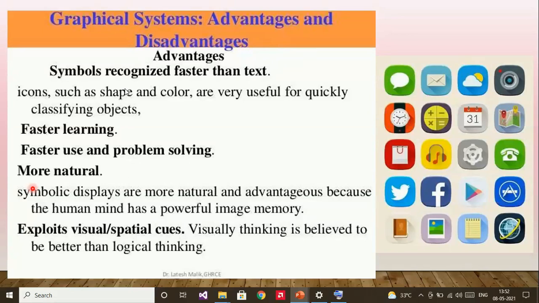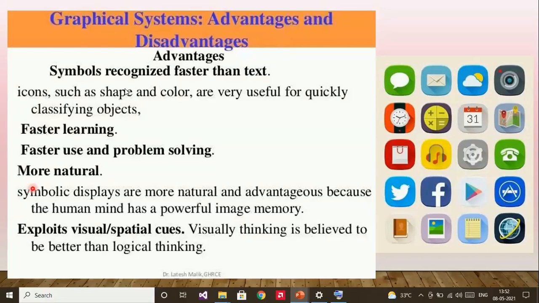When a child is maybe 3 or 4 years old, they learn actions and visual skills very easily, and later they learn languages. It has also been suggested that symbolic displays are more natural and advantageous because the human mind has a powerful image memory.